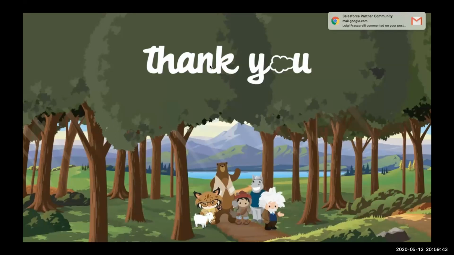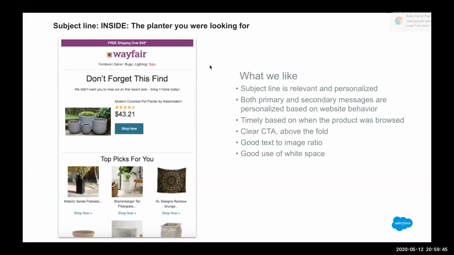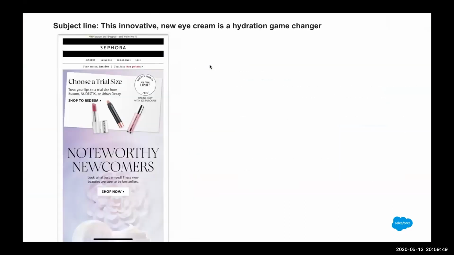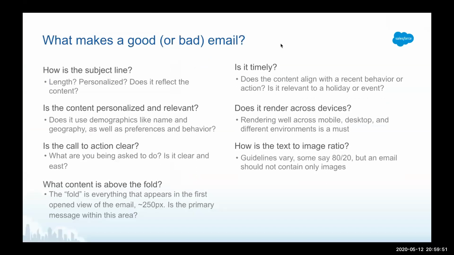And that is what I wanted to present to you guys today. And let me just go back to some of the things we spoke about. When you're designing your emails, you want to make sure that you take a lot of this into consideration, because even though a lot of you might look at it like, well, I just want to build emails, I really am going to focus on just the AMP script, I'm going to focus on setting up the triggers, I'm focused on the data.